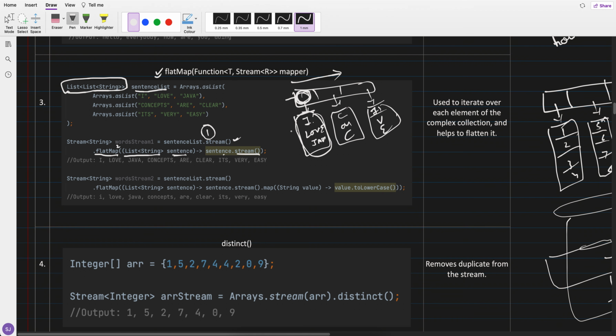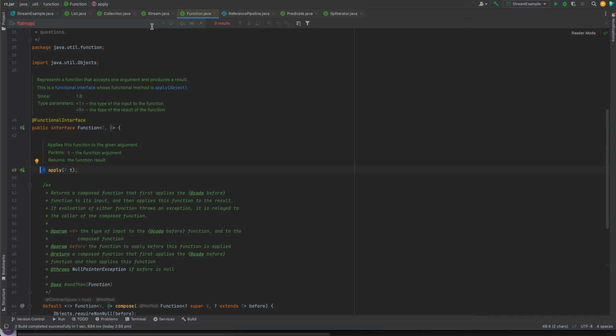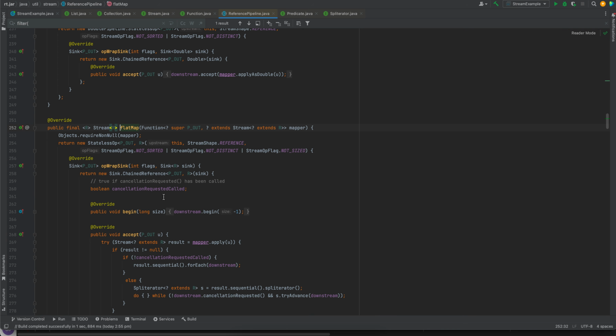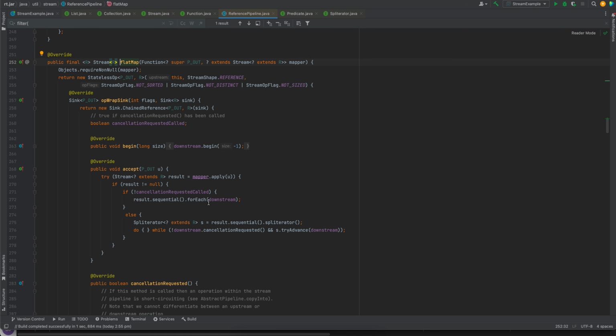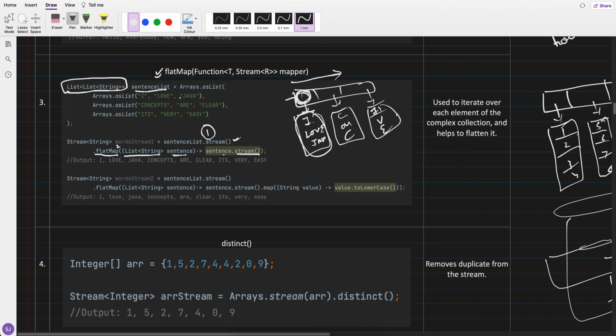Converting it to just a stream, right? So it will just go to the flat map, and internally flat map will simply add it. So here, what it will do is call each element like this, right? And each element it will pass to the functional interface. The functional interface is accepting a lambda expression with one parameter, and what I am doing is I am just returning its